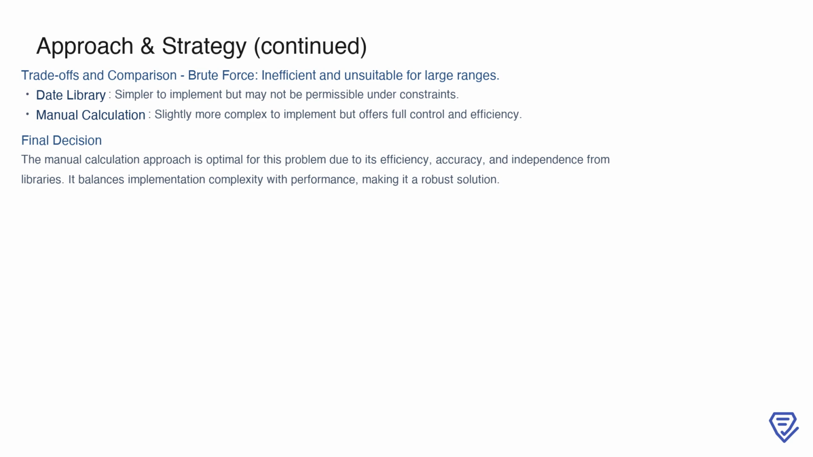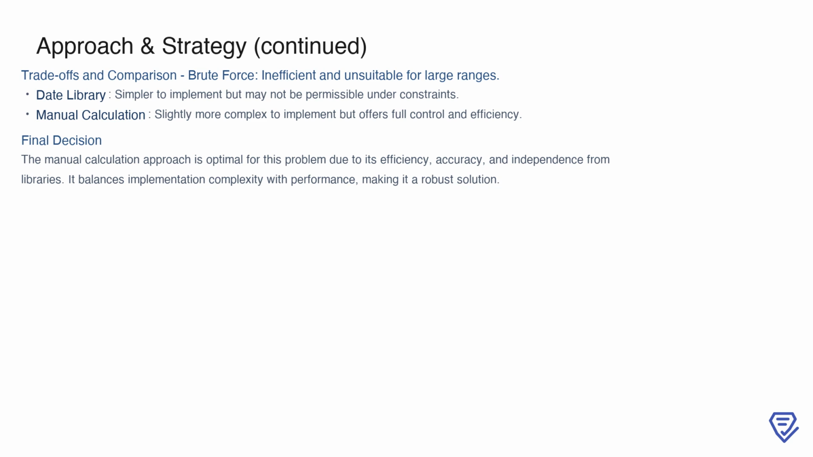The manual calculation approach, while slightly more complex to implement, provides a balance of efficiency and control. It requires careful handling of calendar rules but eliminates external dependencies and ensures accuracy. Ultimately, the manual calculation approach stands out as the optimal choice for solving this problem. It offers a robust solution that balances implementation complexity with performance, making it well suited for a wide range of